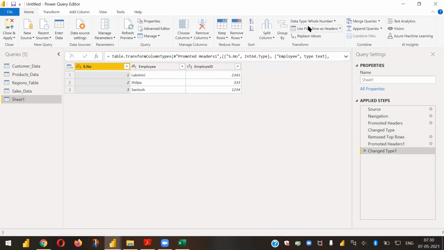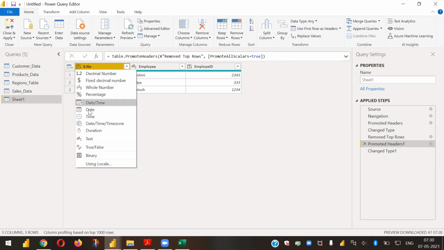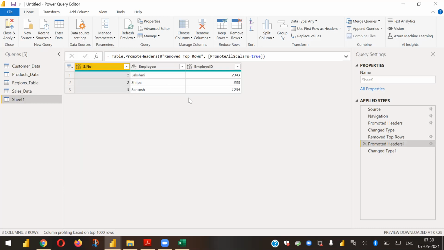When I do this, you can see promoted headers, changed type. As soon as it promotes the header, it is also trying to read the data of the column and it is changing the type of it. If you wanted to check that, you can just go to the one step earlier, click on here. You can see it has promoted the header, but the data type is not proper. You can see ABC and 123. There is no format as ABC 123. Either it has to be ABC or it has to be 123. So that's where it identified and immediately it has done some change type logic automatically.